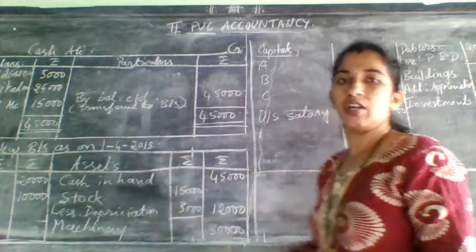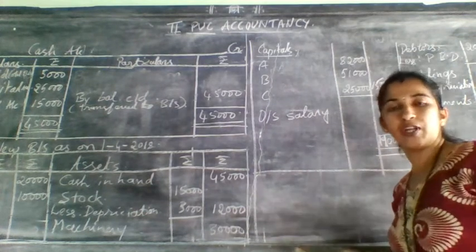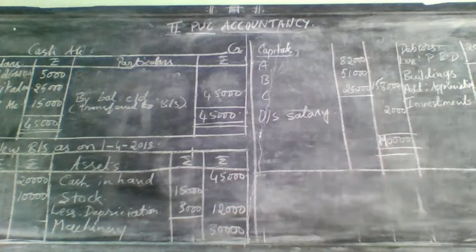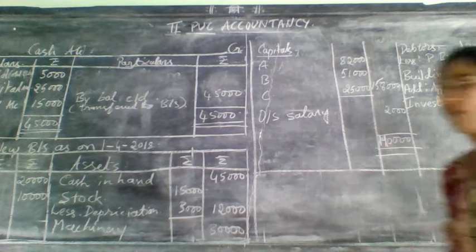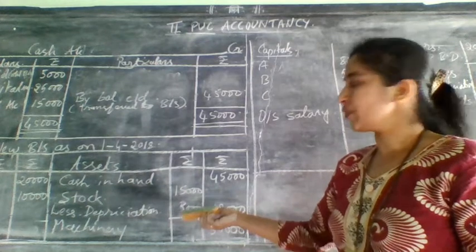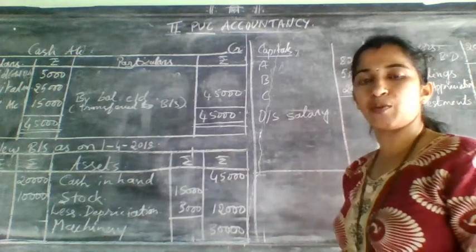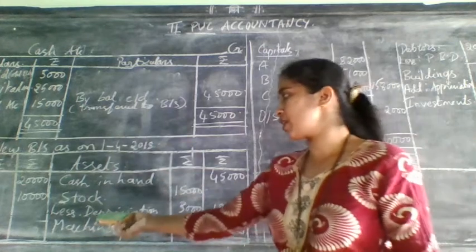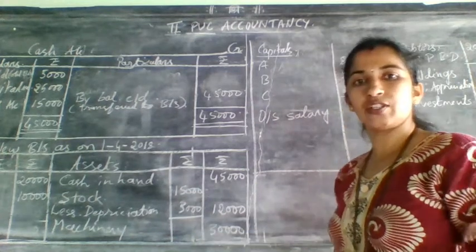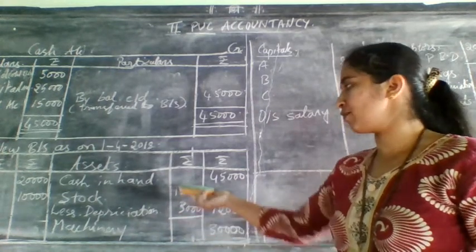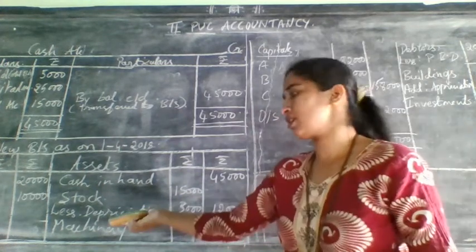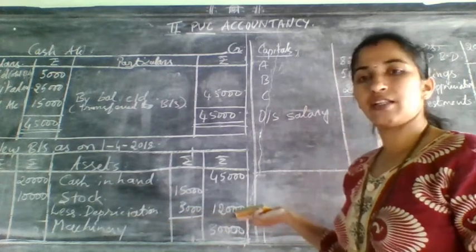Next, stock. For each and every item that comes from the old balance sheet, while writing here just check the revaluation account. If you have any item there in the revaluation account, then write that value in the inner column, and check the amount of the adjustment. If it is depreciation, less. If it is appreciation, add. But no need to do the calculation once again. The amount you have written there, copy and write here. 15,000 was the amount from the old balance sheet. 3,000 was the amount from the revaluation account, that is depreciation. So less. Write it in the outer column.